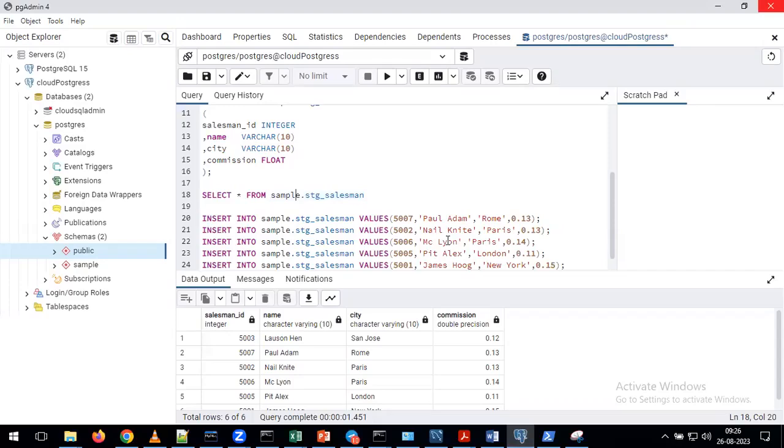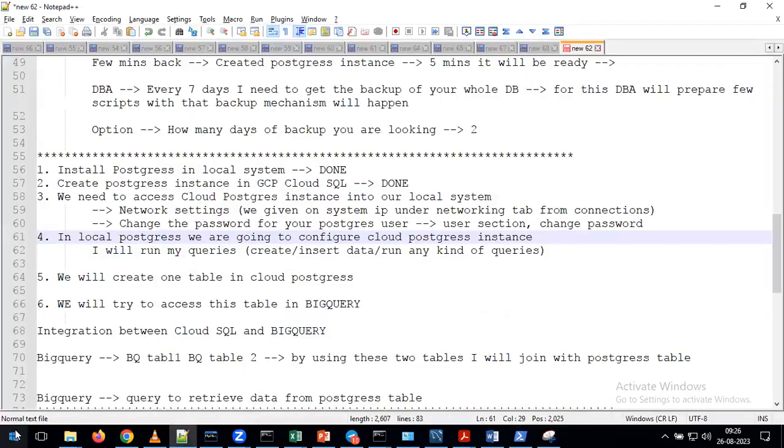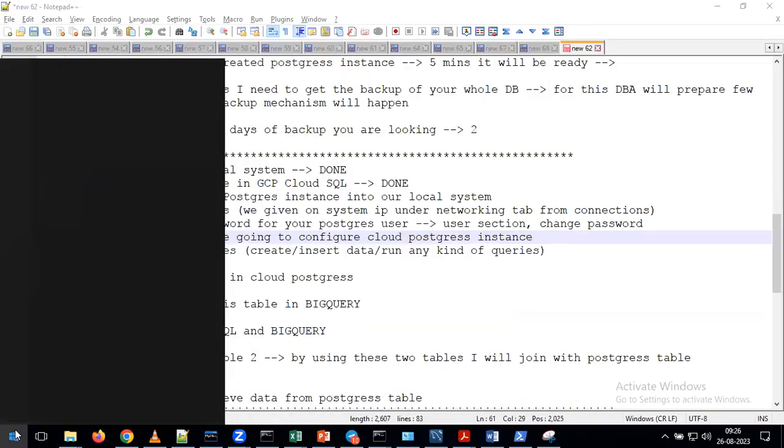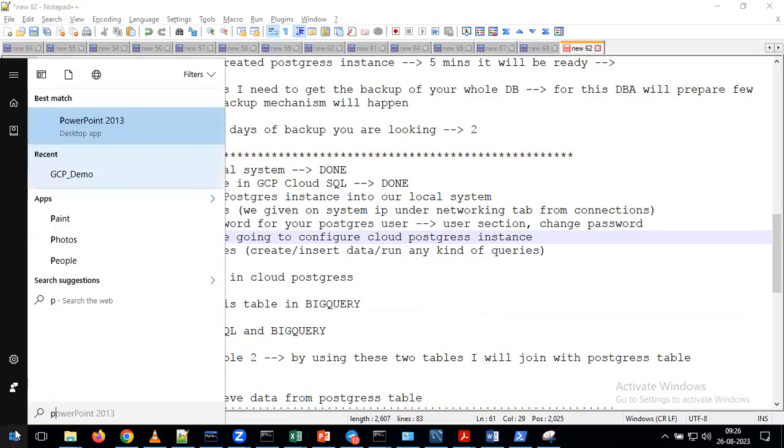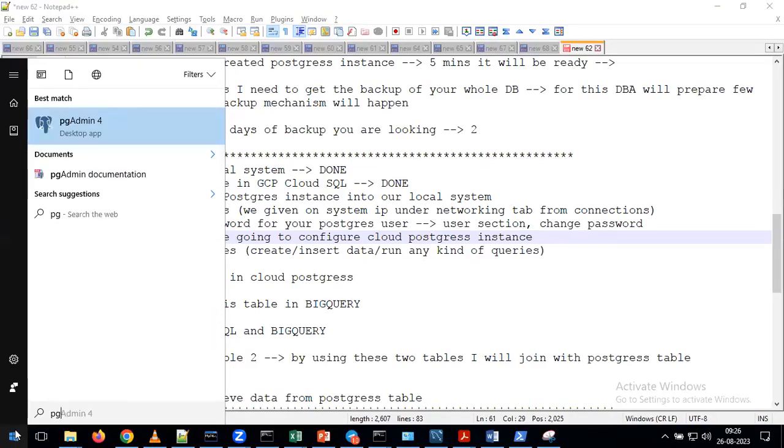Search for PGAdmin. If you search for PGAdmin, you can see an application called PGAdmin4. Please click on that. Here you can see PGAdmin4 like this.